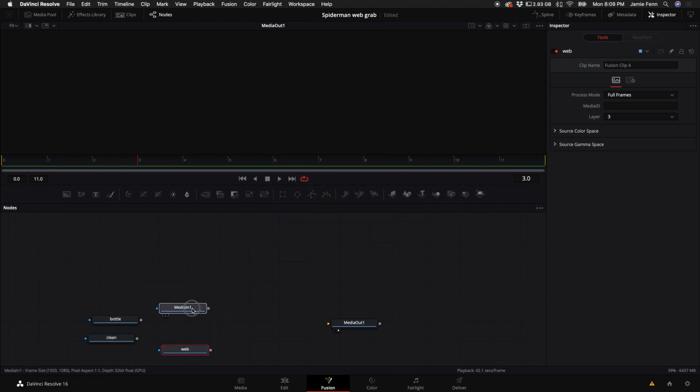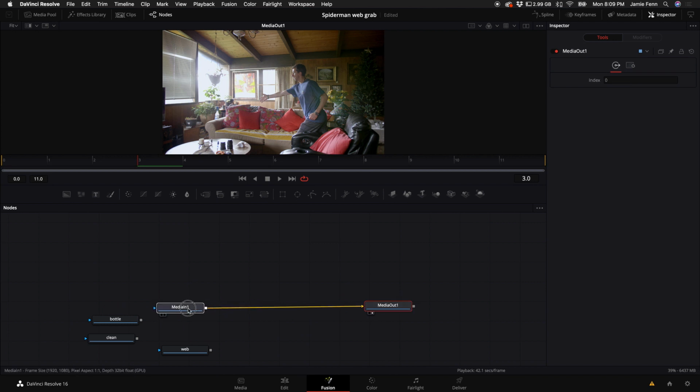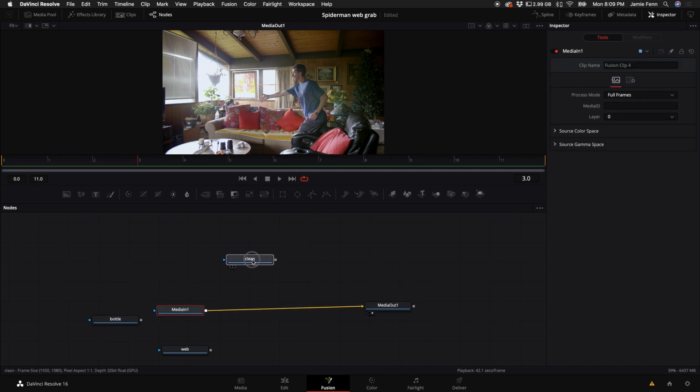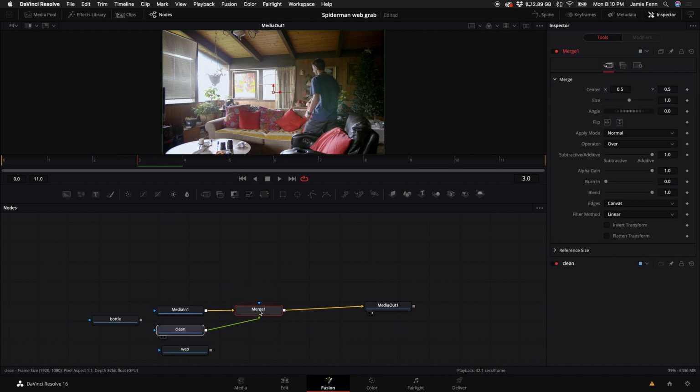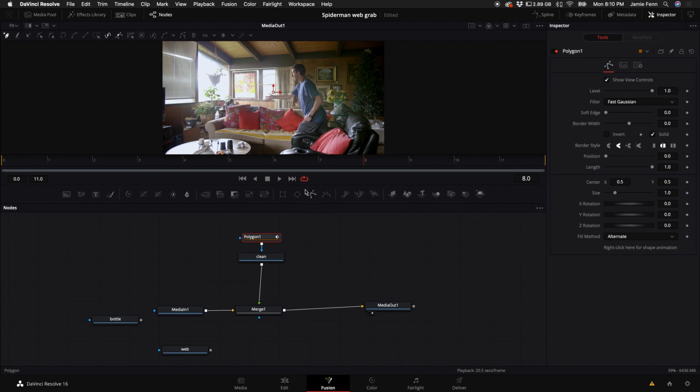All right, so let's take our video file and let's start adding some things to it. So let's first add the clean plate. So I'm going to hold down Shift and drag this down in between like this. That'll automatically create a merge node. And what I want to do with this clean plate is add a polygon node to it. So I'm going to click on that polygon node, and I'm just going to basically